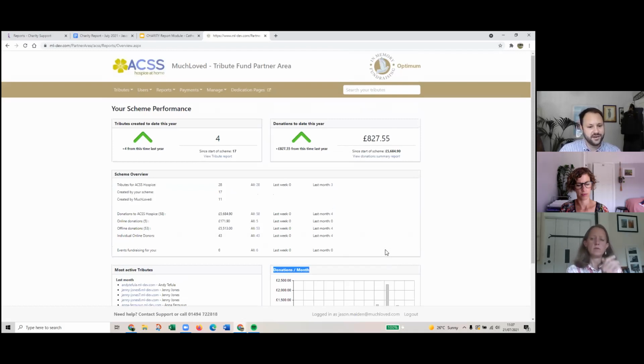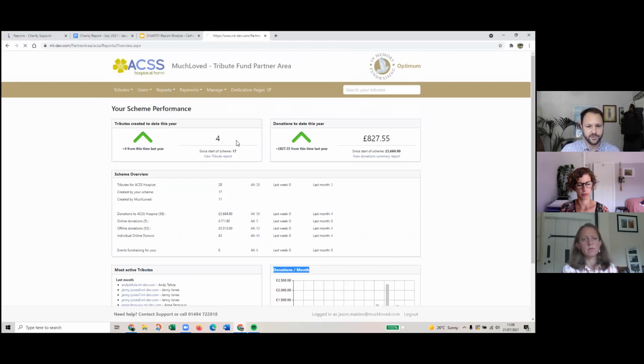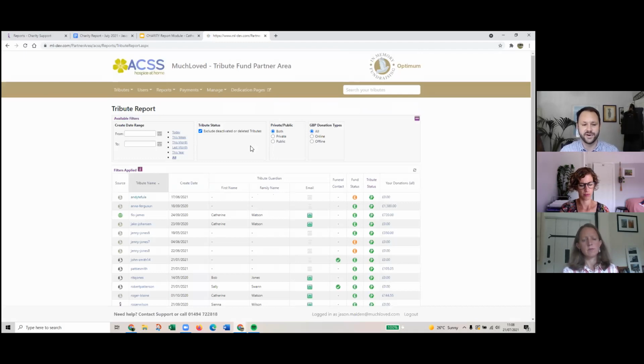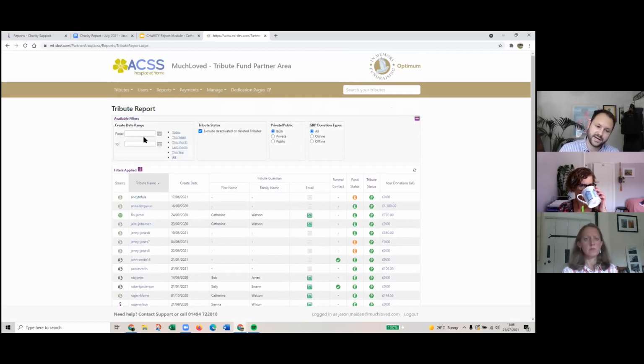So my next report is the tribute report. I'm just going to go back to reports and then click on tribute report. So this data is so precious. This data refers to the tribute owners, so all of the tributes and the owners of those tributes. Each of the reports has this section at the top, which you can minimize or maximize, and you can select